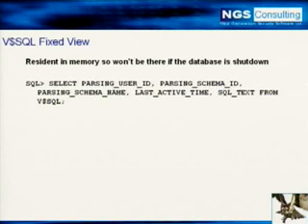The $SQL view is what's known as a fixed view. These fixed views are basically in-memory resident. So when the database is shut down, it's gone. So if your company policy is such that in the event of a compromise, you unplug from the network and shut the system down, you might be losing potentially valuable evidence.